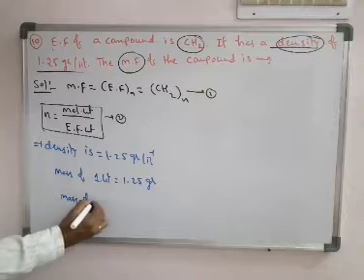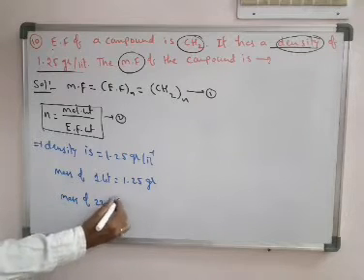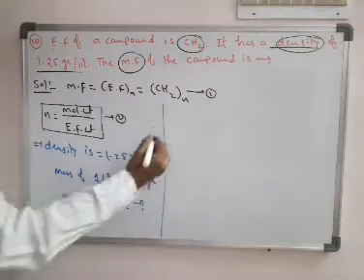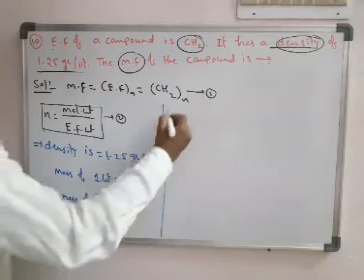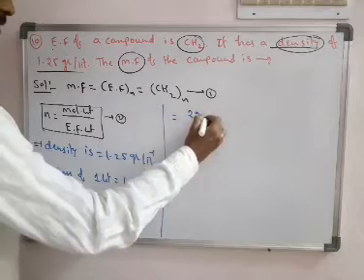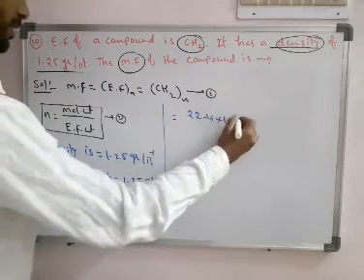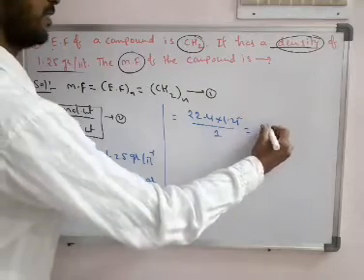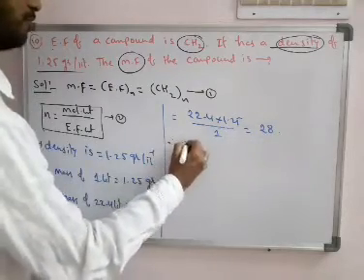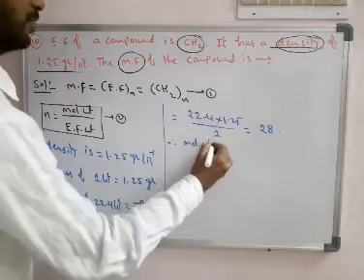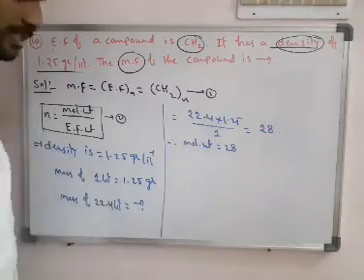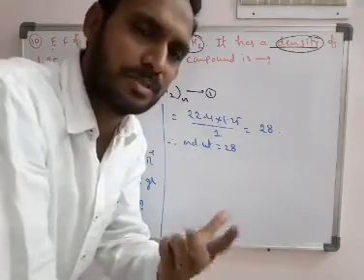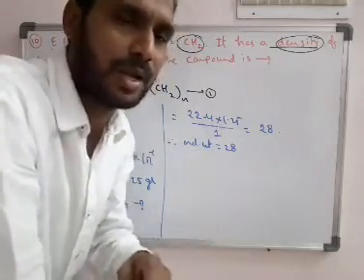If you know the mass of 22.4 liters, that is equal to the molecular mass. So what is the mass for 22.4 liters? It is 1.25 times 22.4, and on this calculation we will get 28. So the molecular weight equals 28, because the mass of 22.4 liters of a compound is always equal to its molecular weight. It's a basic formula in the mole concept.